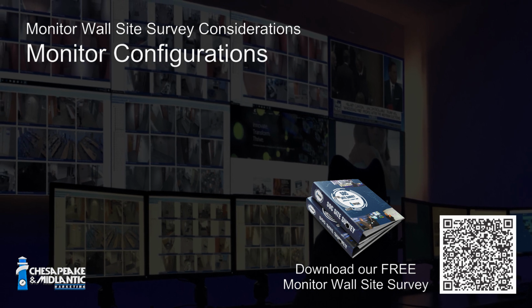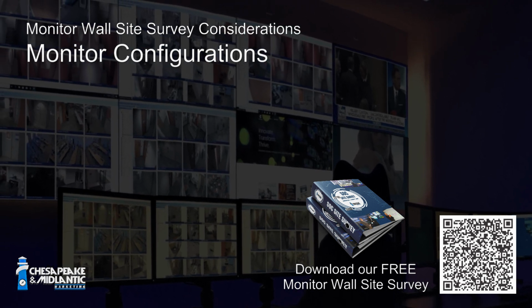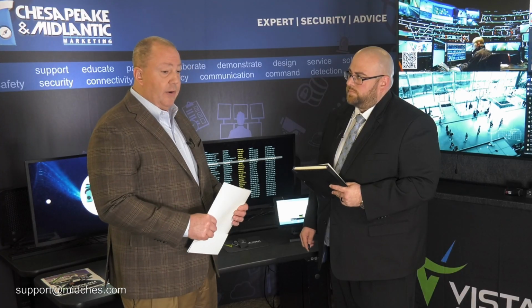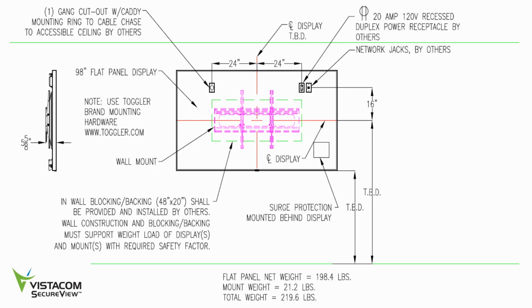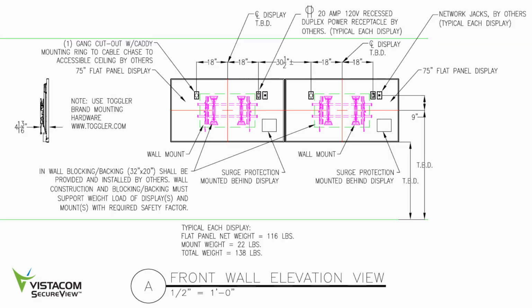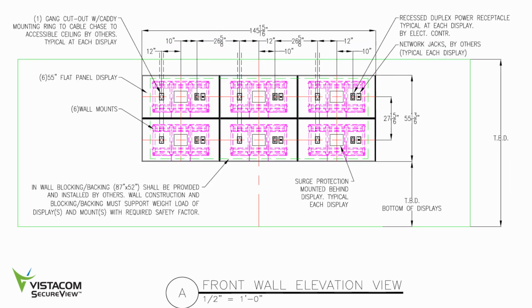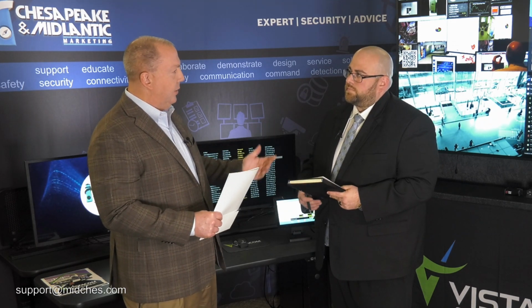First thing, monitor configurations. There's a lot surrounding that. I mean, there's like 3 specific topics, I think, as far as like how many, what size, and layouts. What are some factors around those? So some of the configuration concerns relate to how many monitors that you want to use in your configuration, how they're mounted on the wall, 2x2, 3x1, so on and so forth, 1 large, 2 small, and also how they're laid out on that configuration, as well as what the controller capability is to feed those monitors when they're on